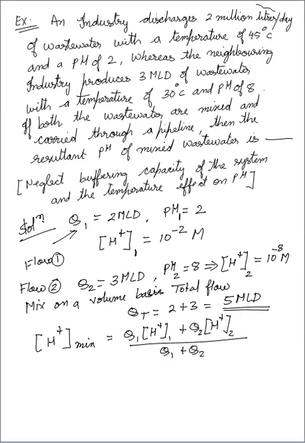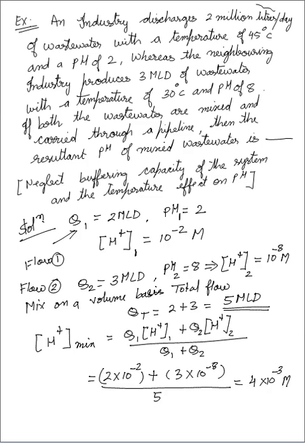Okay, so it is 2 into 10 raised to minus 2 plus, this is for first quantity, plus Q2 is 3 multiplied by 10 raised to minus 8 divided by QT is 5. So basically here we will get the answer 4 into 10 raised to minus 3 M. So pH mix,